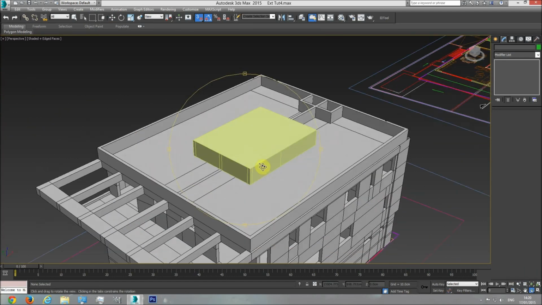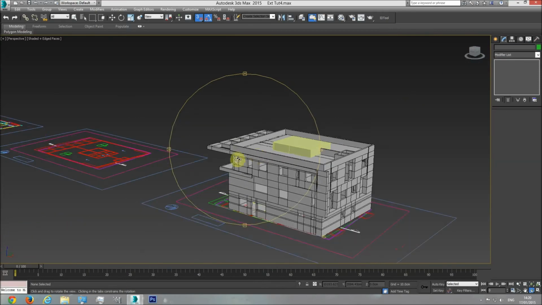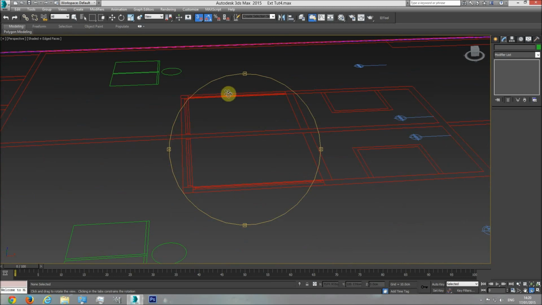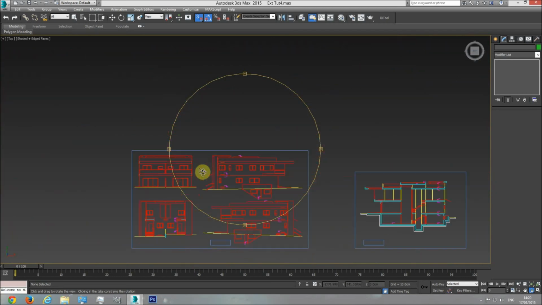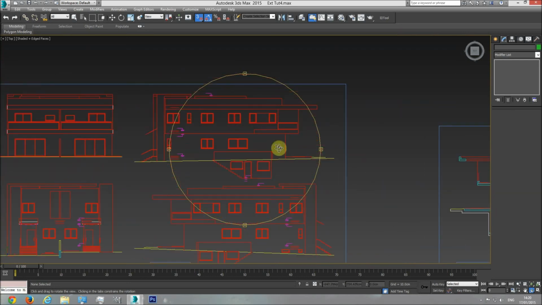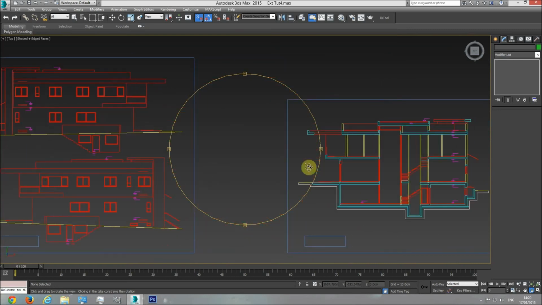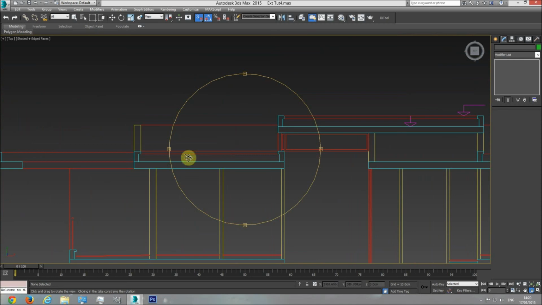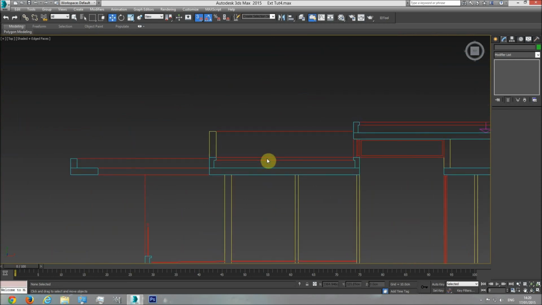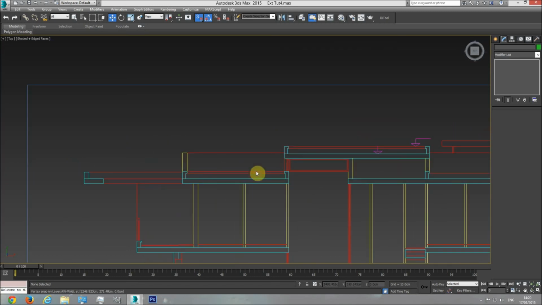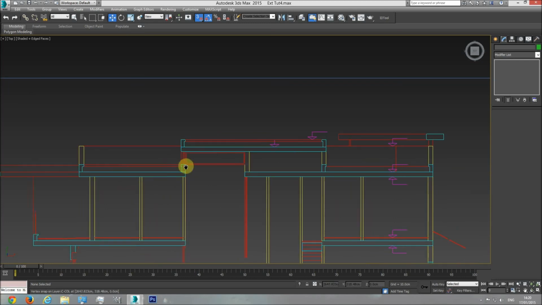We have created this element here. Now we could add these windows here and here. You can't actually see their height in these views that I got from the architect, but there is a cross section here that shows the height of the windows. So if this is the floor of our balcony level, this line here, which aligns with our element here, then the window begins at the floor